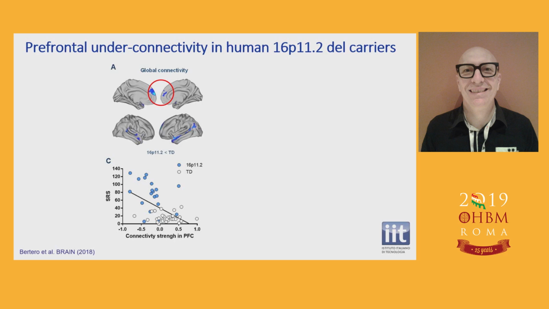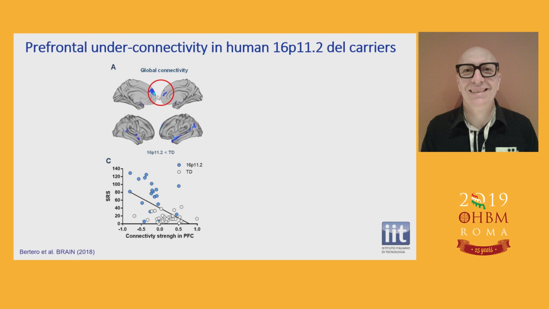And this notion has been further corroborated by a study that we published last year that would support the idea that autism-associated etiologies comparably affect or impair connectivity across species. So how did we come to this conclusion? Well, here we have again the 16p11 copy number variation. This is the deletion. We got the data from the Simons Foundation, and what we did, we wanted to compare the effect of these mutations in human and mouse. And so what we found here, I don't know whether I can point it, but anyway, here it is.